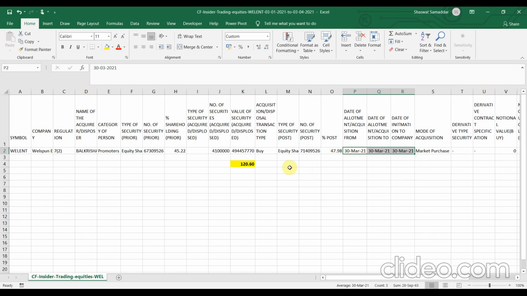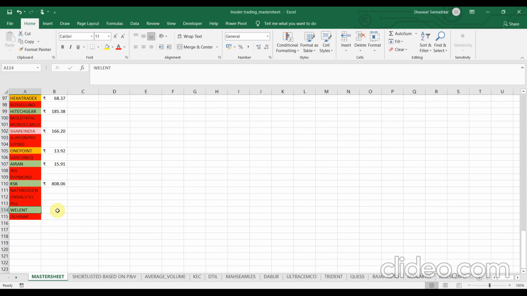And what would be the meaning of each of those data points? I have explained that in the fourth part of my playlist, Trading on Insider Information. I will provide the link for part 4 in the description box below, or you could click on the I button. Let me record this particular price, 120.60 rupees.